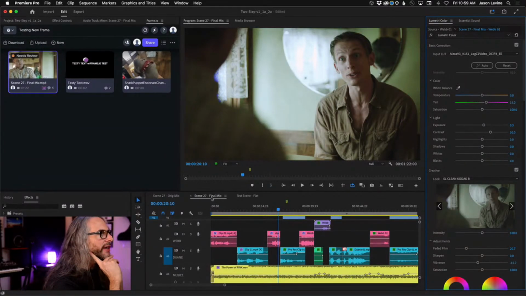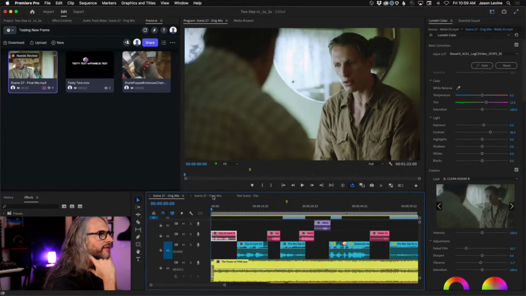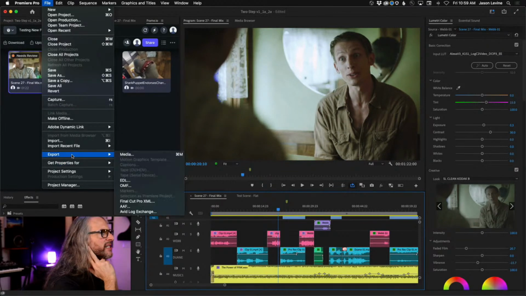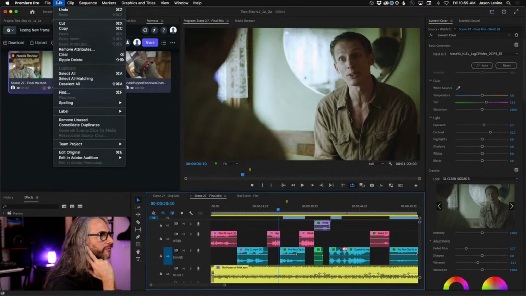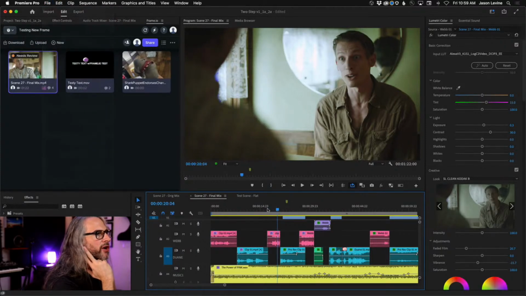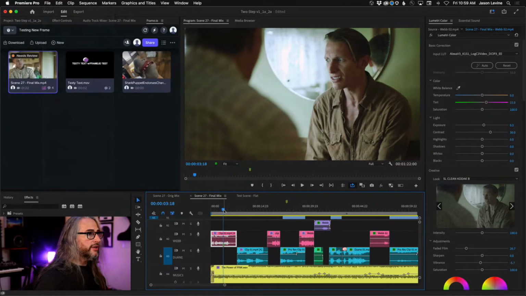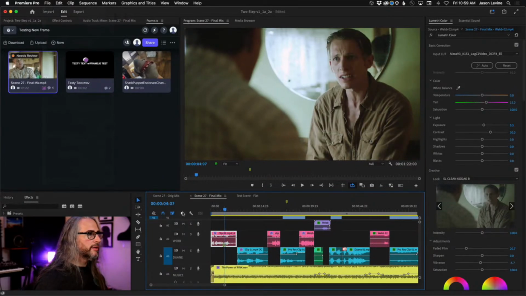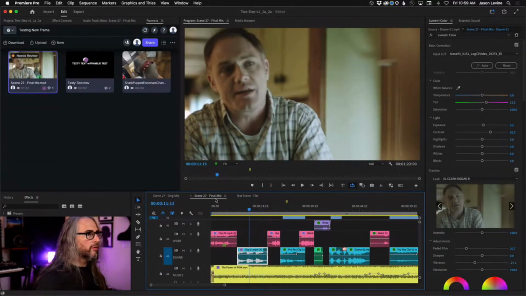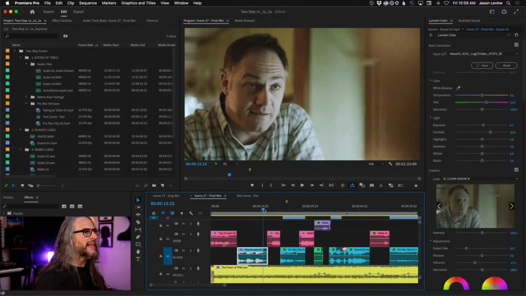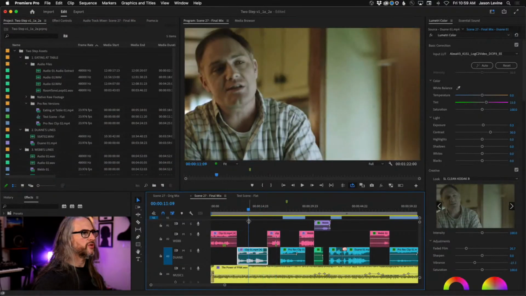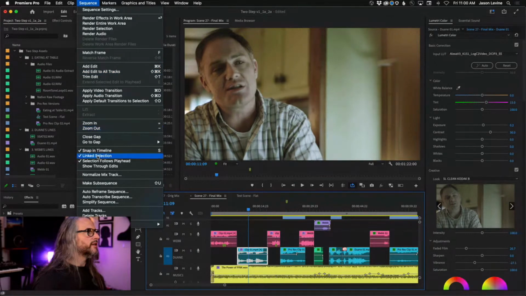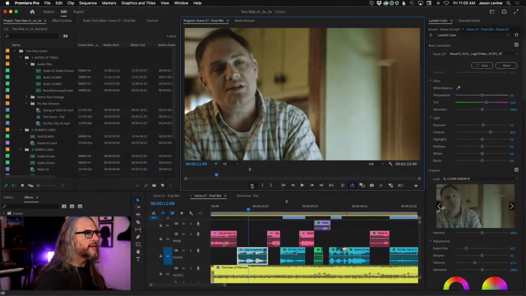Oh, and something else. So in that same menu here, now, I don't think I saved, I'm going to make some markers. So this is something that can also be particularly useful if you've got a lot of markers in your timeline. And what I typically, if you're adding markers, oops, I'm doing it on the clip level. Hold on, let me turn this off. If you're adding markers into your timeline,